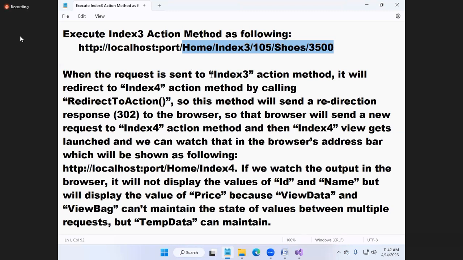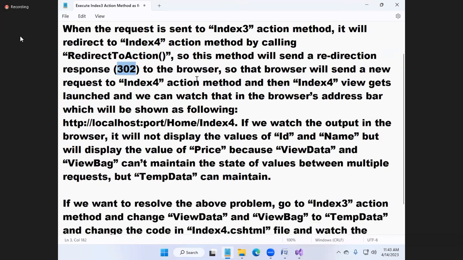When the request is sent to it, it will redirect to the Index4 action method by calling RedirectToAction. So this method will send a redirection response, which is 302, to the browser. The browser will send a new request to the Index4 action method again, and then the Index4 view gets launched, and we can watch that in the browser address bar. Now the address bar changed.